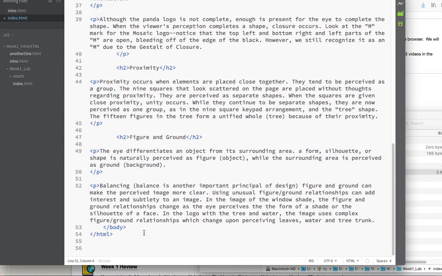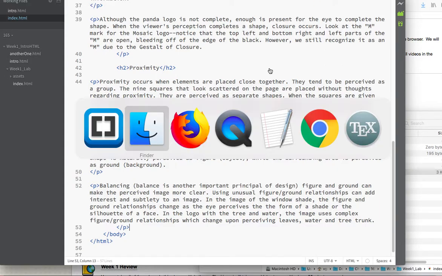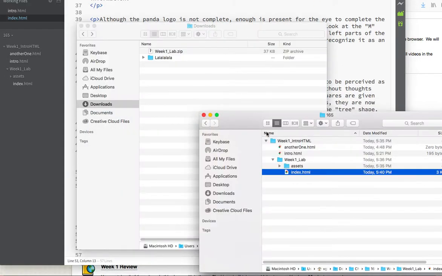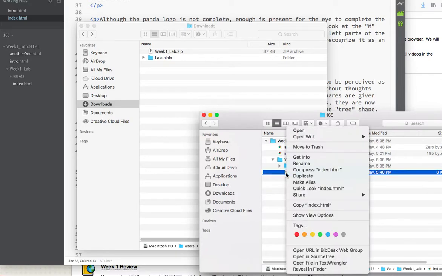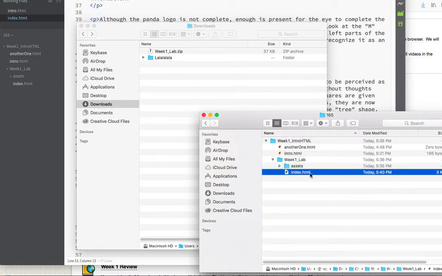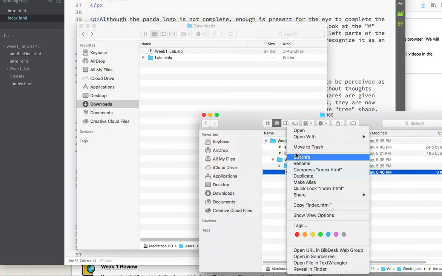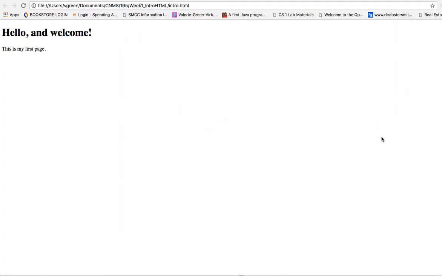This looks like my last paragraph, so I'm going to end here and save. Technically, I should have been saving a lot more frequently during this. Now I'm going to head over to my Finder view, my file view, and check it in Chrome. So this is called index.html, because this is the main page of this folder. And when we start putting files on the server, you'll see more about why we're naming this index. But for now, we're just trying to get into the habit of naming this index for later. Here's what it looks like in